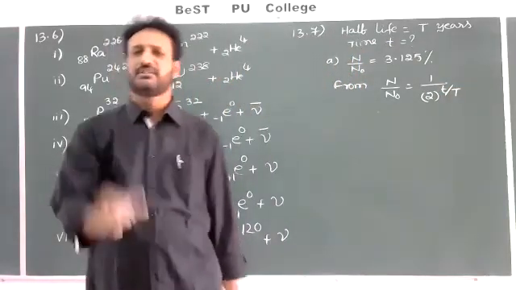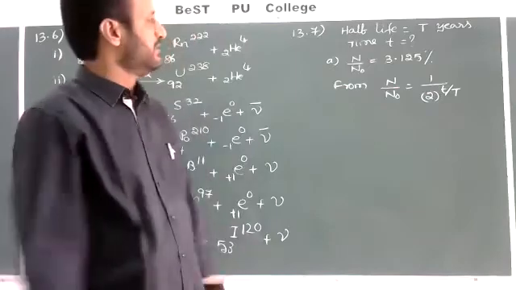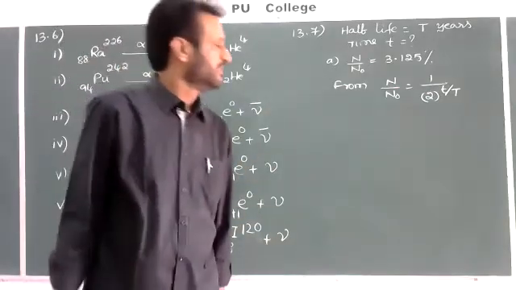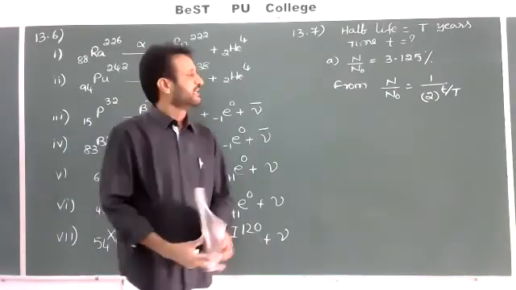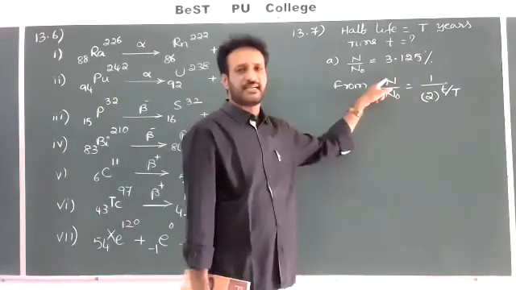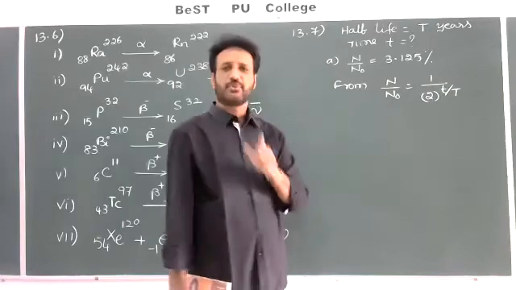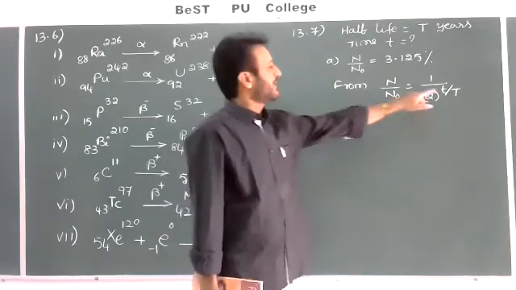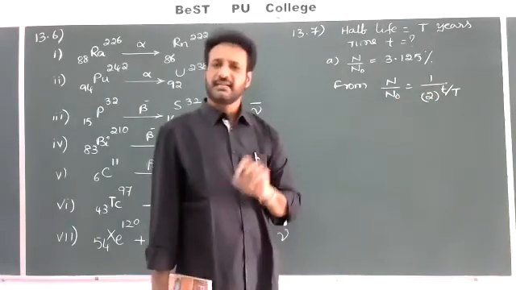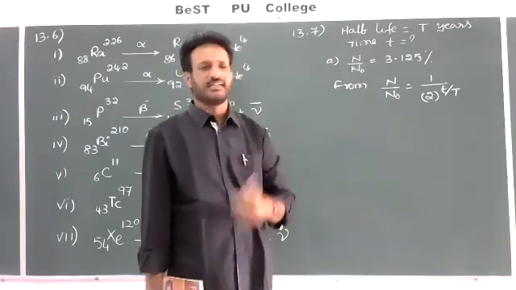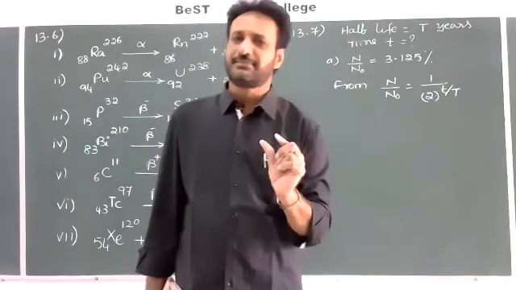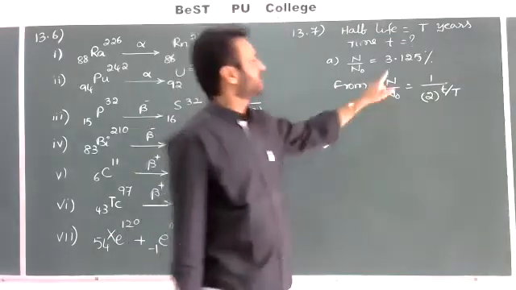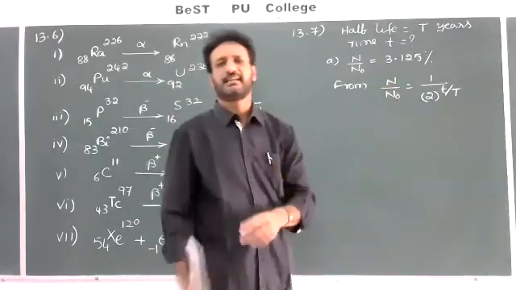This is the formula for the number of half-lives. All the formulas are listed, and I have proved this one also. N is equal to N naught by 2 to the power of small t by capital T. Here N is the number of remaining atoms, N naught is the number of original atoms in the sample, capital T is the half-life, and small t is the time, which we should calculate. If you divide these two values, you get the fraction of the remaining sample, and if you multiply by 100 you get the percentage of the remaining sample.